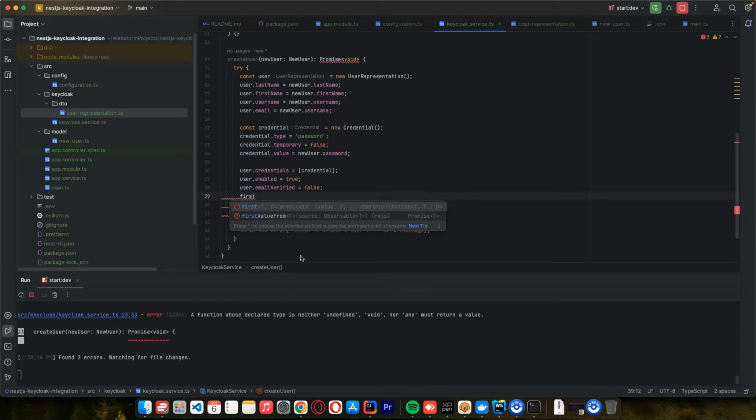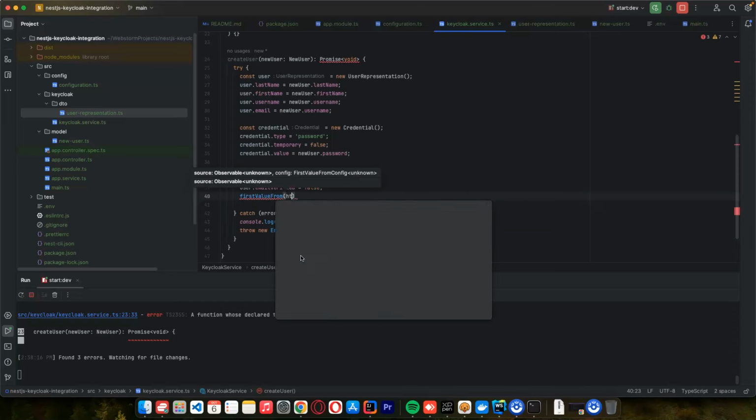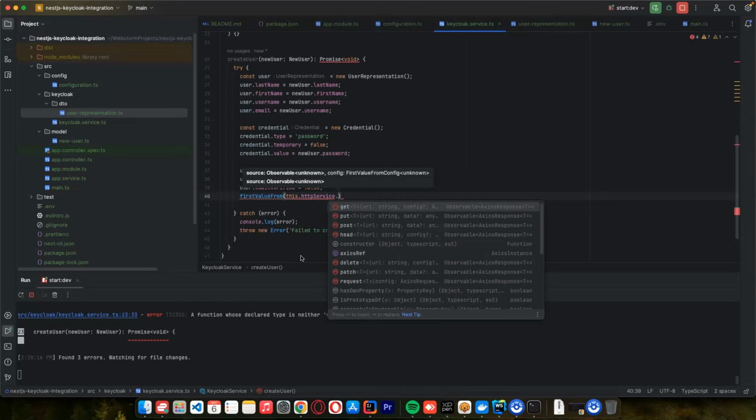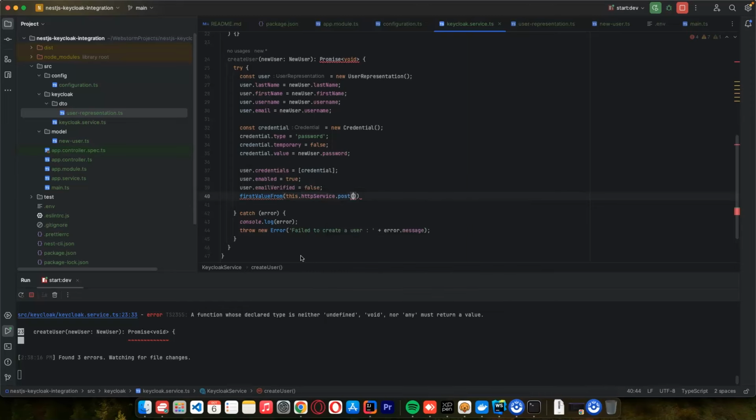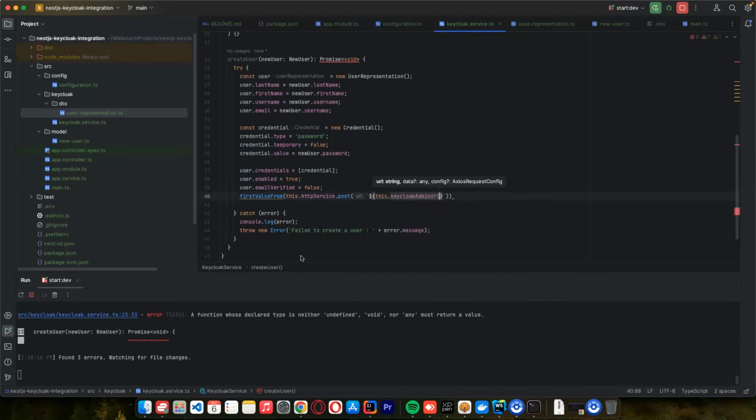Let's say first value from, and we need to pass our HTTP service. So what I can do, I can just say HTTP service dot post, and we want to post to our URL, our request which we created. So I can just say $ like this, and it's going to be Keycloak, this.keycloak admin URL, and we want to send it to the user's path,